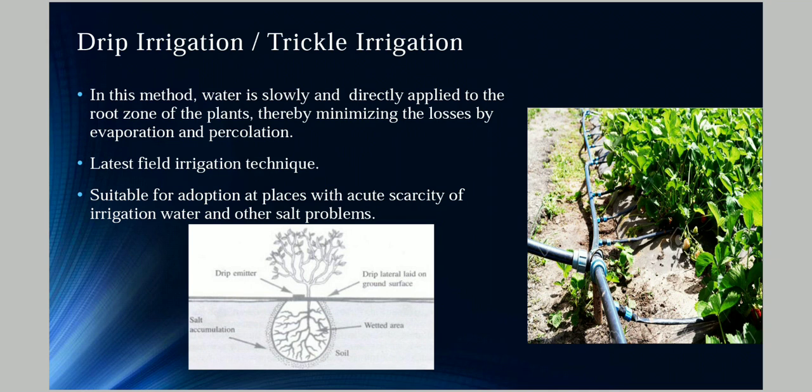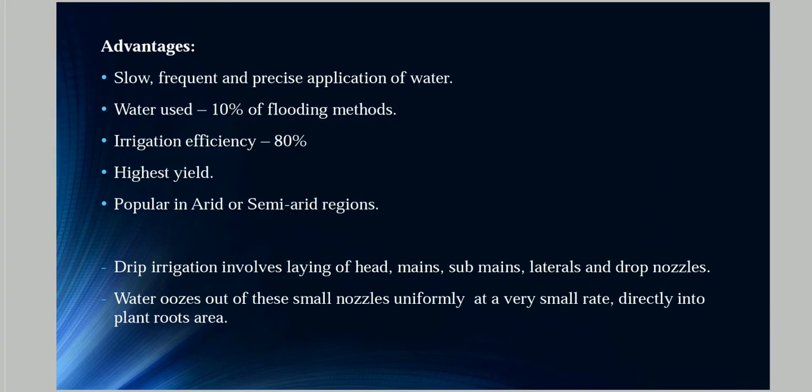When we see the diagram below, we can see the drip emitter is placed near the base of the stem such that the water directly falls into the root area. By doing this, the excess salt content around this root area gets expelled, and only the salt that the plant needs can be absorbed easily. So it's a great advantage in salty areas for growing plants.